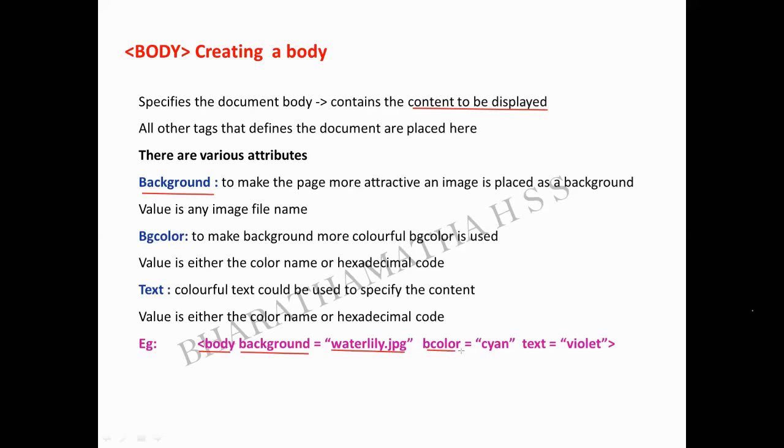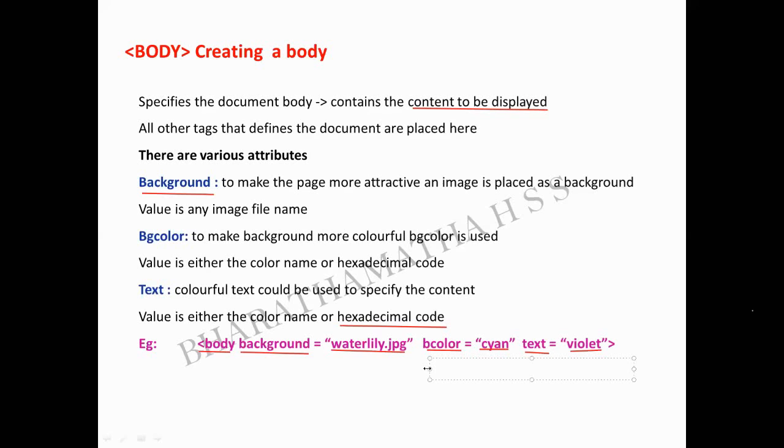I made a mistake, sorry. BGCOLOR. I can give it as cyan. Whatever color you feel like giving, you can give. Text: any color I want to give, I can give. Or otherwise, if you don't know the color names exactly, you can give it as a hexadecimal code.